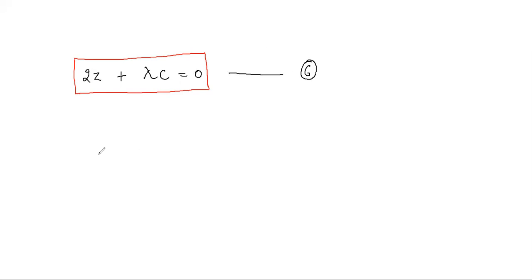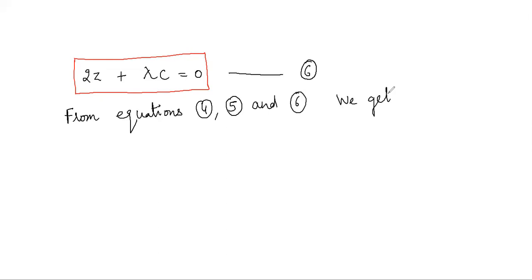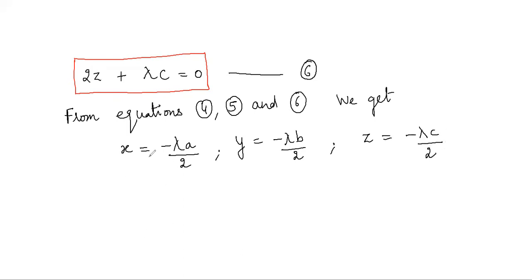So from equations 4, 5, and 6, we get x as minus lambda a by 2, y as minus lambda b by 2, and from equation 6, we have z as minus lambda c by 2. Now, if we put x, y, z